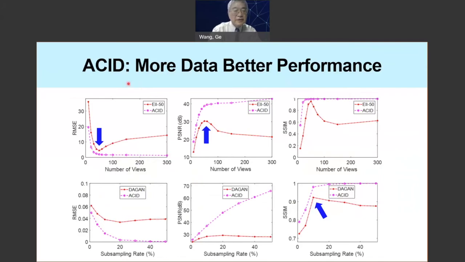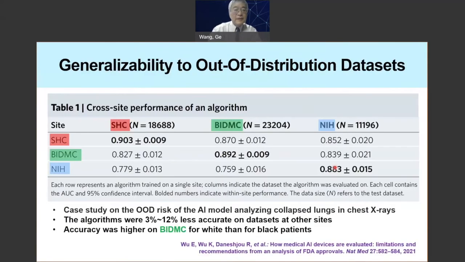instability, and we show with EyeSight, because of the special design, if you have more data available, and with this hybrid design, EyeSight will give you better performance and just eliminate the instability with more data. And here with EyeSight, we have even better performance measured by mean square error and structural similarity for both CT and MRI. Okay,